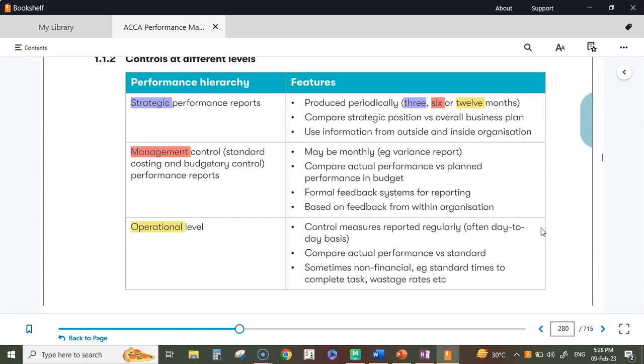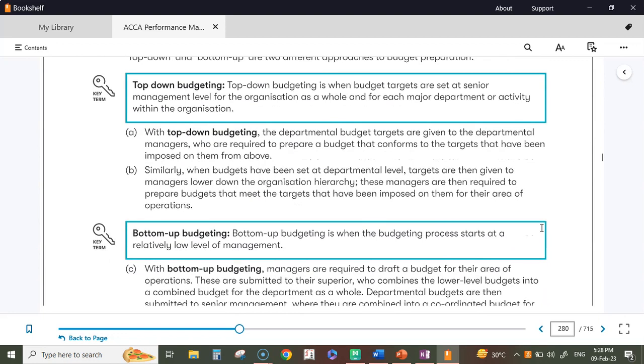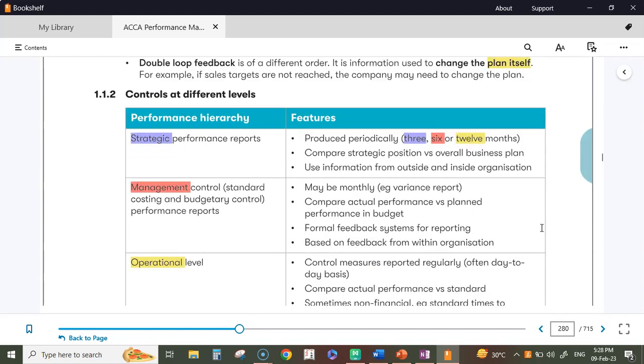Whereas the bottom-up approach is different. The operational level sets their tasks and targets first. They pass their targets to their management, their departments. The department heads review it and set the department targets, and pass it to the strategic level, and the company sets their long-term targets. That is the difference between top-down and bottom-up approach. So it goes without saying, the easier one would be top-down, less time consuming, right?